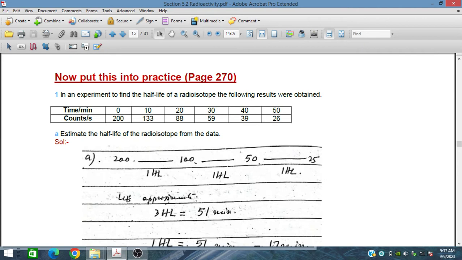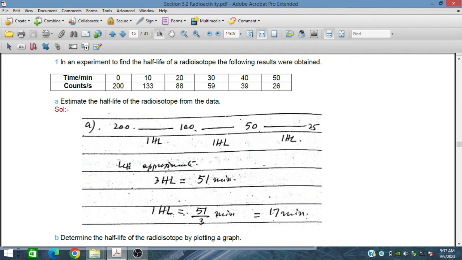Let's approximate these 3 half-lives as 51 minutes. So 1 half-life is basically 51 upon 3 minutes, so this is 17 minutes. So from this, 17 minutes is the half-life of this radioisotope,